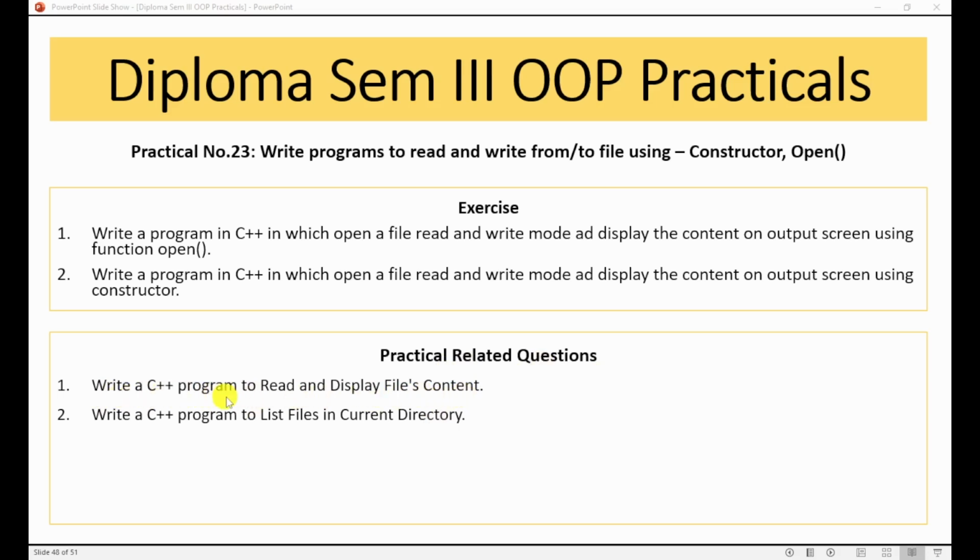So this question is similar to the previous two questions. We just have to read the content from the file and display that content onto the output screen. It is not mentioned here that we have to use read and write mode or any other mode, so we will be directly using the read mode here, and for that purpose we will be using a different